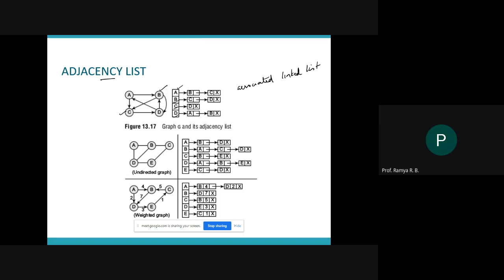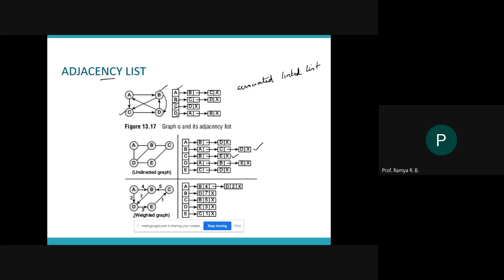Now the second graph is an undirected graph. That means A's neighbor list will have B, and B's neighbor list will have A, right? Since this is an undirected graph, you can say that A is a neighbor of B and at the same time B is also a neighbor of A. Same thing applies for every node in your graph. So if you look at A's neighbor list, there is B and D. If you look at B's neighbor list, there will be A, D and also C. If you look at C's neighbor list, B will be there and D will be there. So what is an adjacency list representation? Every vertex in your graph will have a linked list of its own, which contains the list of its neighbors.